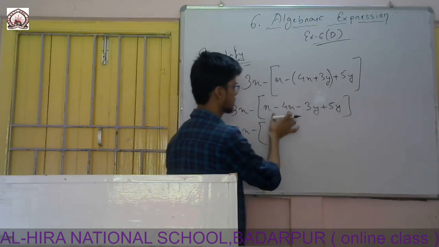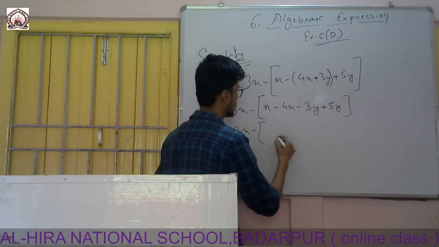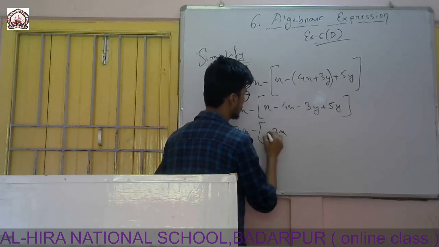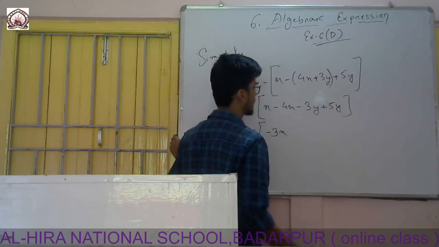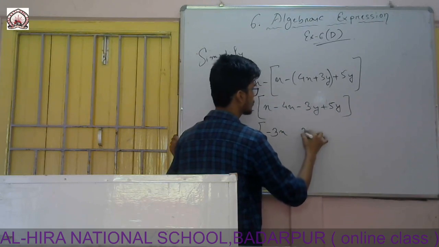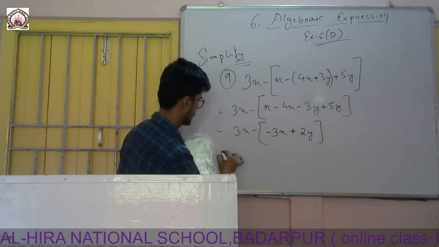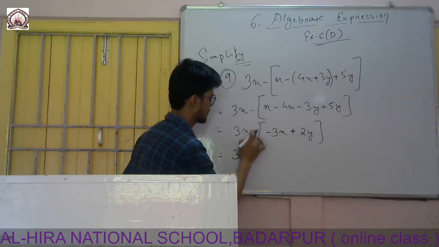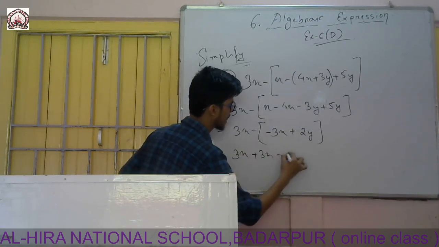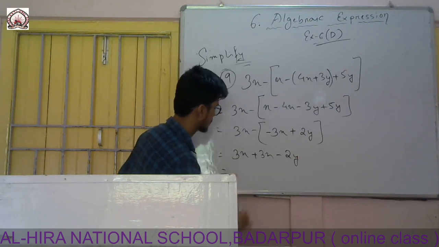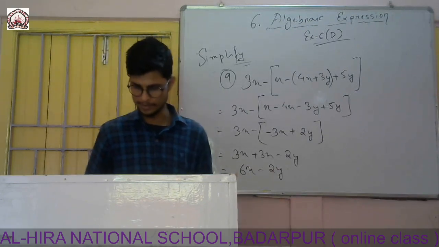So I will solve this part. You see both these terms are like terms, so I can plus, minus 4 minus x 1 it will be 3x, and since 4 is greater, I will put minus 3x. Again minus plus it is minus, 5 minus 3 is 2, variable is y, and since 5 is greater, I will put plus sign here. Now 3x minus plus minus minus it is plus 3x, and minus plus it is minus 2y. So 3x plus 3x it will be 6x, and there it will be minus 2y. So the answer is 6x minus 2y.